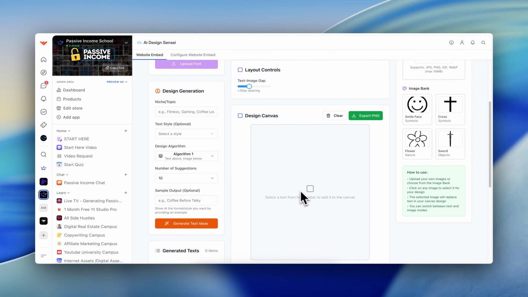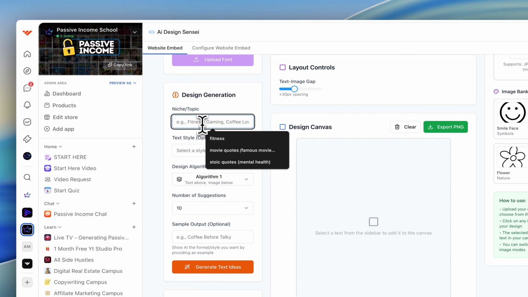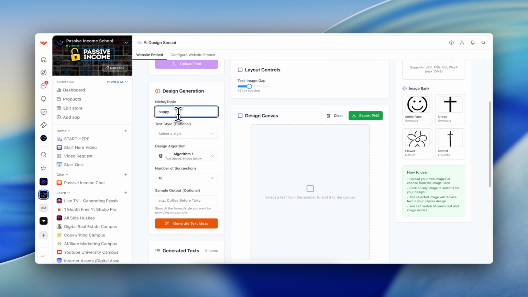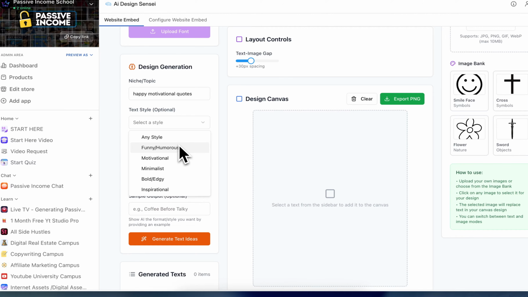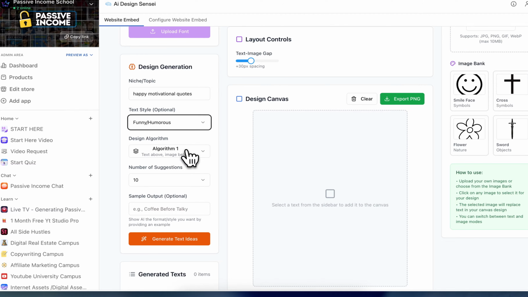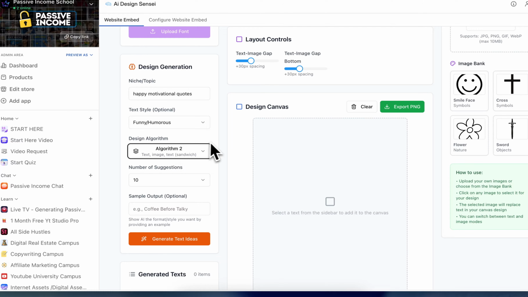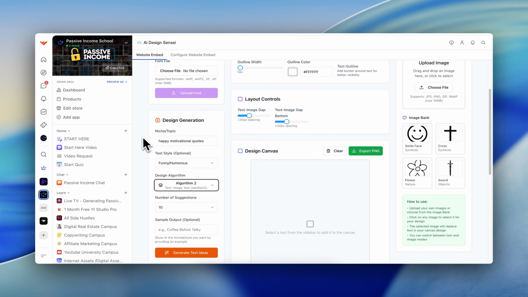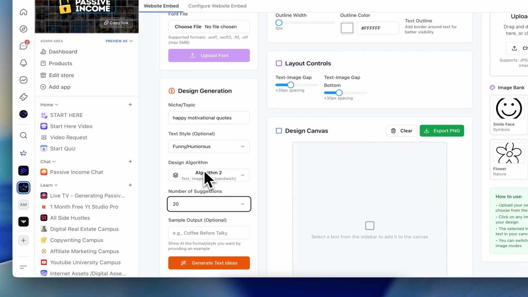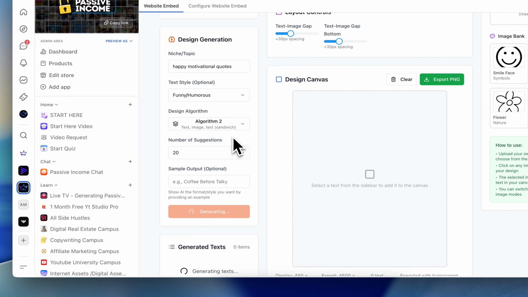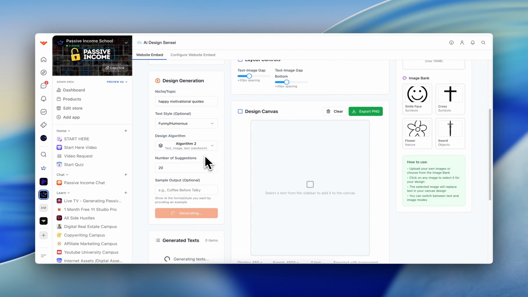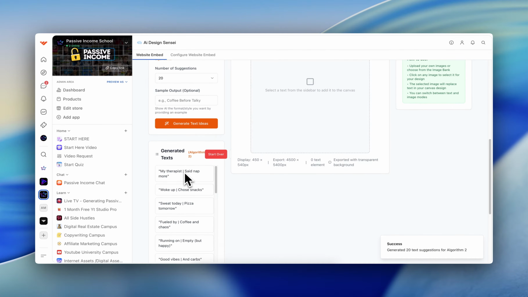Well, a custom font is just a different way that your design is going to look. For example, if I go over here and ask the AI to create happy motivational quotes, and we'll set the style to funny, and we're going to use algorithm number 2, which is something that I'm working on. You'll find out what that is right now. We set it to 20 different designs. So really what I'm ordering it to do is create 20 different quotes that are happy, motivational quotes, and they're funny. So the AI is going to think of what to do, and it's going to create these